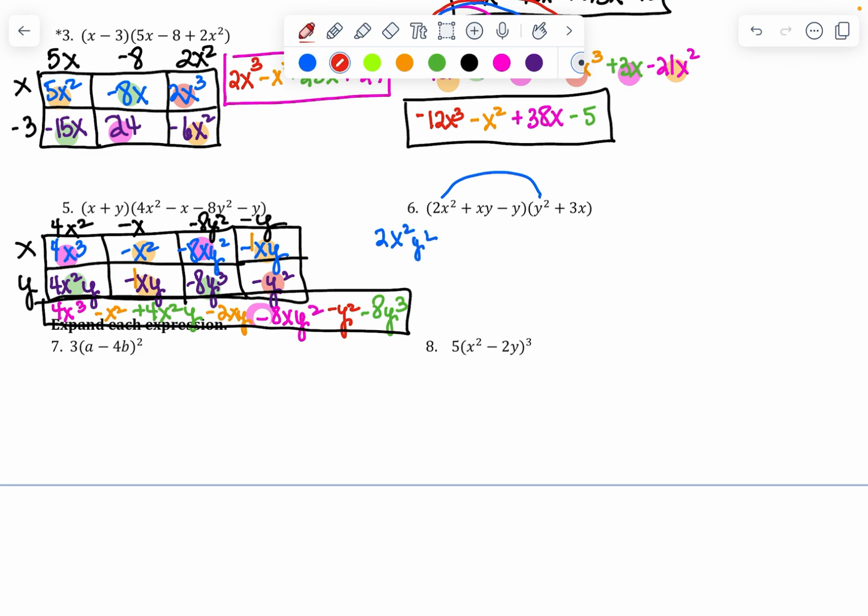And then I'm going to have an xy to the third. And then I'm going to have a negative y to the third. So then I'm going to do things with this 3x. So I'm kind of running out of room. So that would be 6x